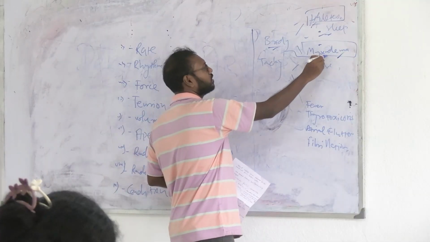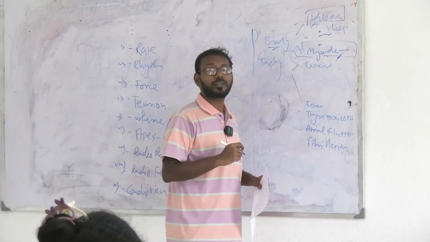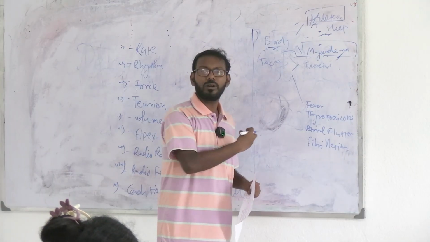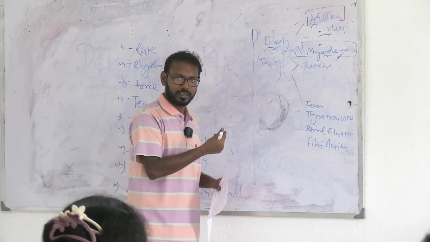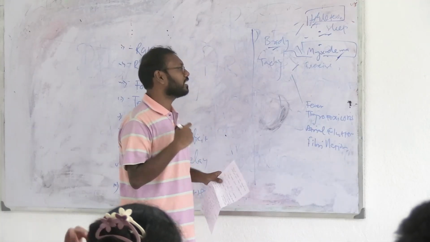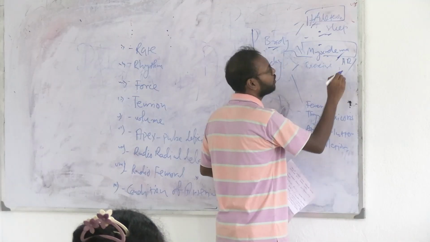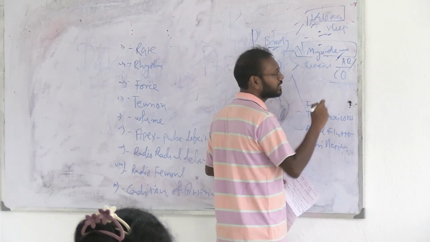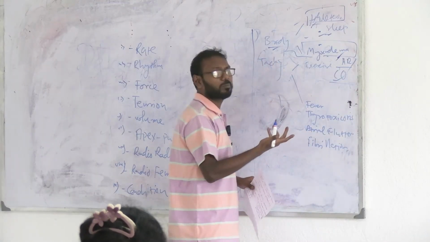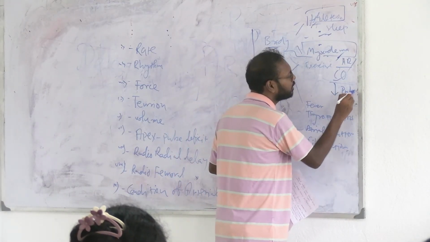Next, another reason which is very easy to understand, that is heart block. If you have heart block, naturally your body will not pump much blood, okay. So first and foremost, your cardiac output will decrease. If your cardiac output decreases, your pulse rate will also decrease, right? So there is lowering of pulse.